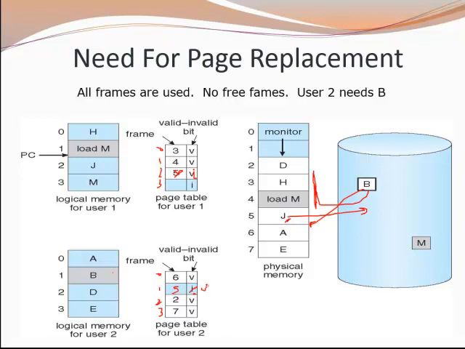So this is a scenario of page replacement, in which, when there is no free frame available in physical memory, the operating system selects a victim page, which the new page replaces. After that, the victim page is swapped out to secondary storage and its page table is updated, and the new page is stored in the new location, and its page table is updated. It is very necessary to update the page tables of both processes, so that when a logical address is generated, we can map that logical address with the help of the updated page table in order to compute the physical address.